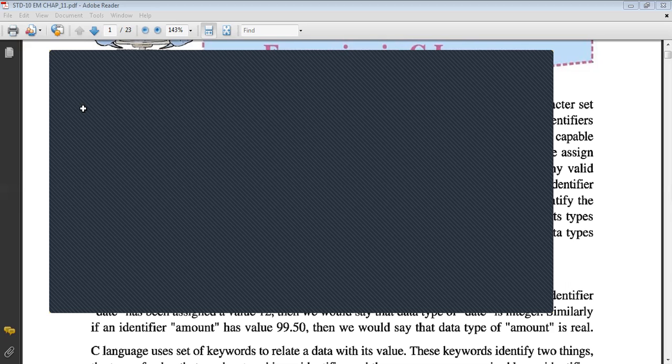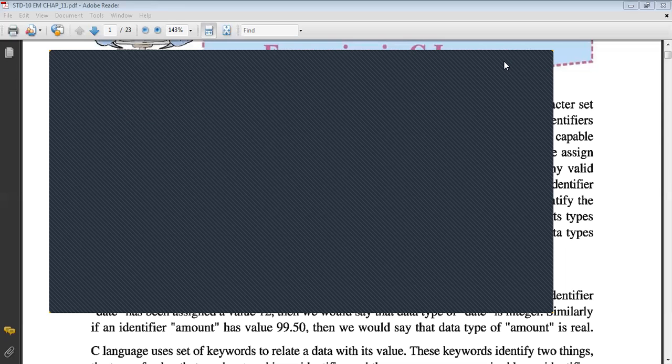Before going to what a data type is, I would like to explain what you are able to understand with this data field here. Serial number, name, phone number are the column headers, because in name I will insert the name only, and in phone number I will insert the phone number only. But in C language, when we define these, we need to tell the computer which type of data we are going to store under this heading. So suppose in name we will insert only characters, and in phone number we will enter only digits.